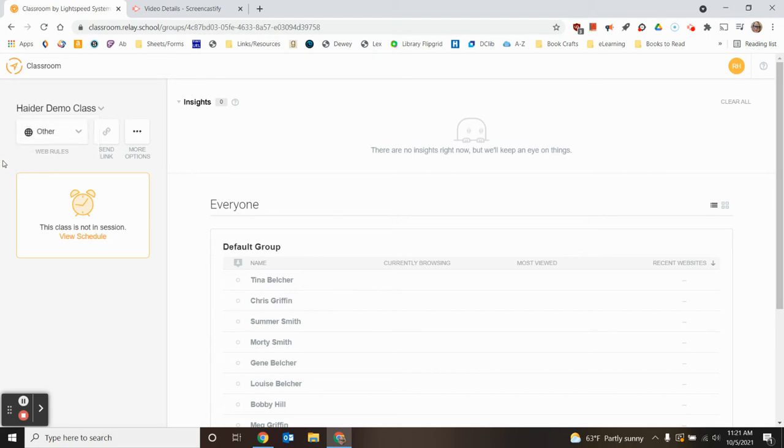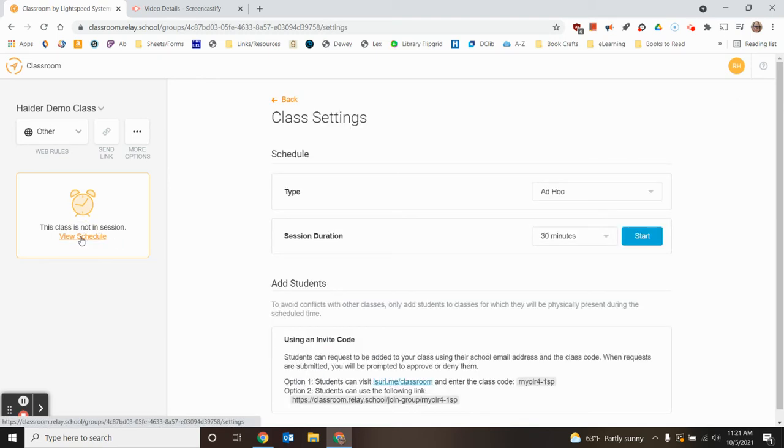To schedule classes so that they automatically start collecting data for you to take a look at and see screens, what you're going to need to do is set your schedule. So to do that, you're going to pick the class you want to set a schedule for. And then down here, you can see that this class is not in session. View the schedule. So there's three different ways that you can set your schedule, or types of schedules that you